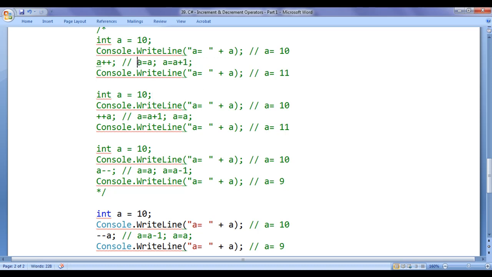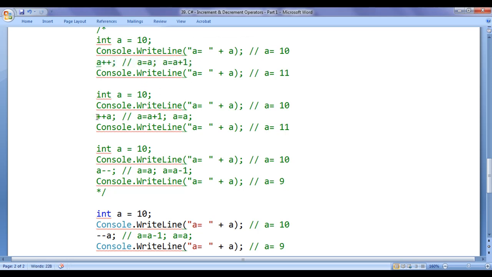First statement a equal to a semicolon is executed in the same place where we have written a plus plus semicolon, and the second statement a equal to a plus 1 semicolon is executed just before executing the next statement in the code. First assignment is done, then increment is done. Hence it is called post increment, guys.